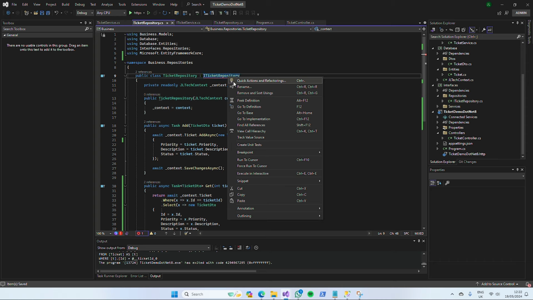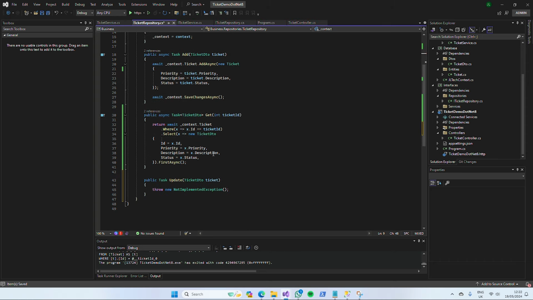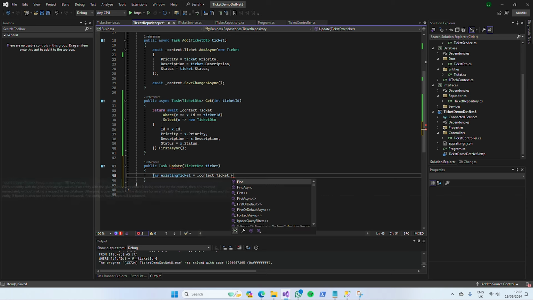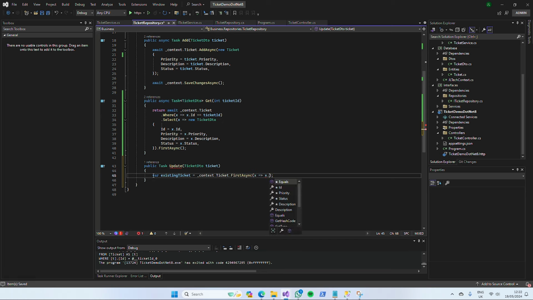So now we're in our ticket repository, we'll go ahead and implement that interface. In our update, what we can do is we can just say var existing ticket equals context ticket. We can do a find, or we can do a first, and then it will be asynchronous. So we'll just say x.id equals ticket.id, and then in here we'll say